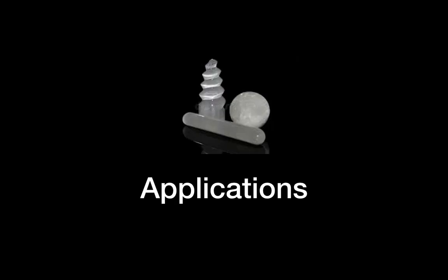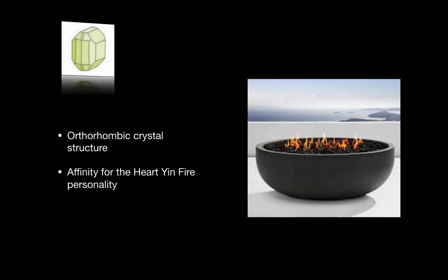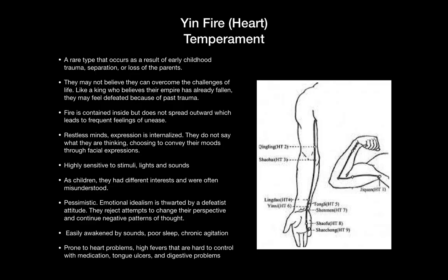So how can selenite be applied in our everyday lives? Well, it has an orthorhombic crystal structure and an affinity for the Yin Fire temperament or the heart temperament. The Yin Fire temperament is a rare type that occurs as a result of early childhood trauma, separation, or loss of the parents. This type may feel overwhelmed with the challenges of life and feel as though they are not capable of